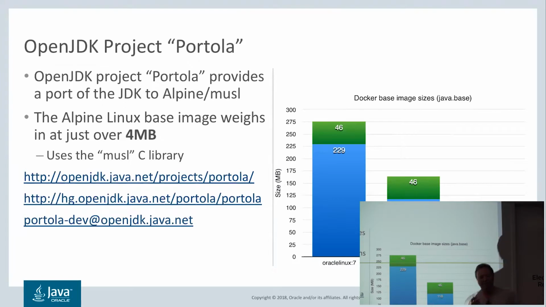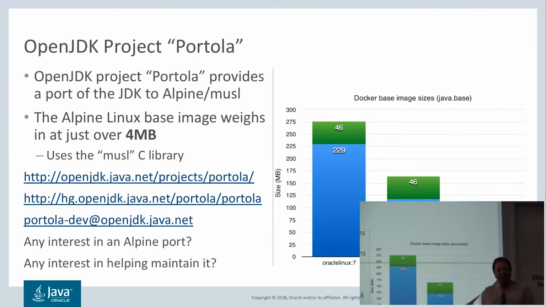So I'm going to say any interest. The next question I have is, is anybody interested in helping maintain it? Because that's the challenge here, we are trying to gauge the interest in this. We're also trying to see if there's anybody else in the community, in the OpenJDK community or elsewhere, who would be interested in helping maintain it. Right now it's Mikael's hobby project. Twice a week I pull in the latest changes, I do a build and we publish it. But if we're going to actively start supporting it, trusting it, we need to have more people helping out and also do some more hardening, run more tests on it, things like that. Let me know if you're interested.